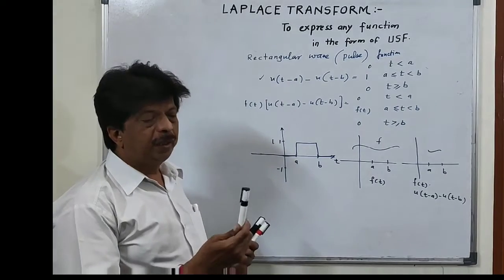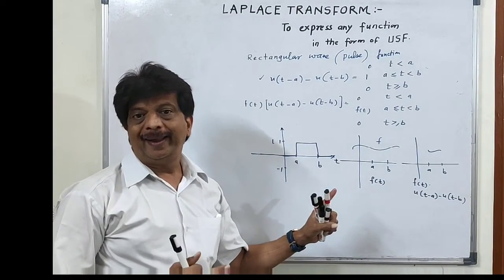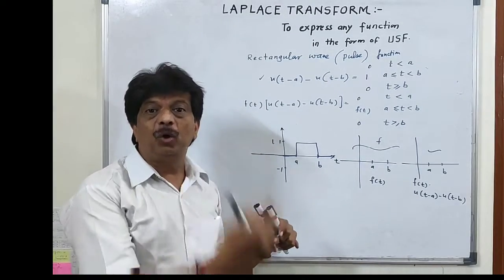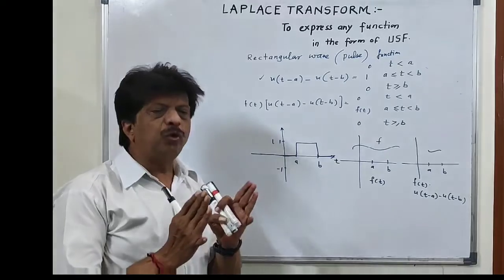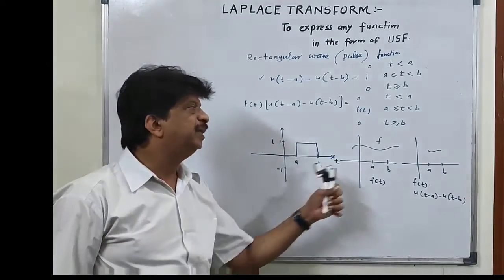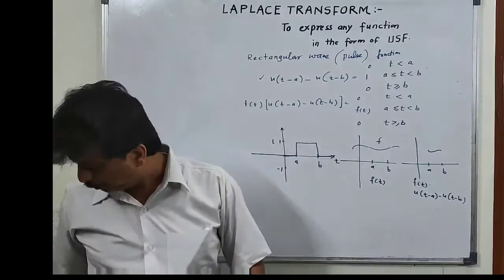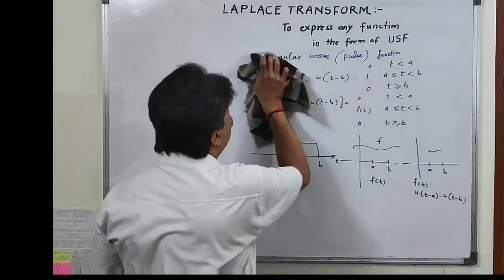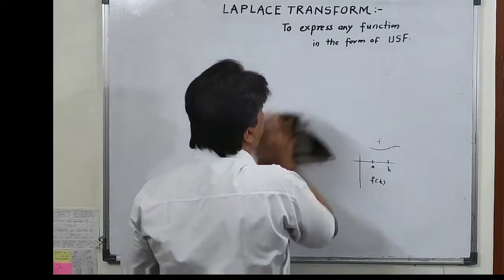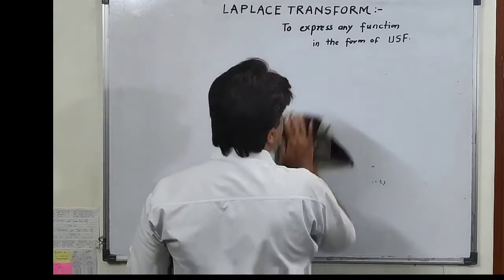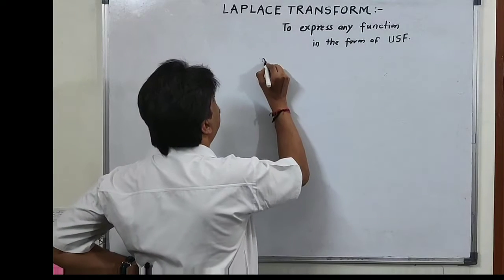It cuts the portion towards the left of t equal to a and towards the right of t equal to b. From t equal to a to t equal to b, it allows only those portions of f of t. That is the effect of this rectangular wave function. Now, one most important result, Laplace transform of